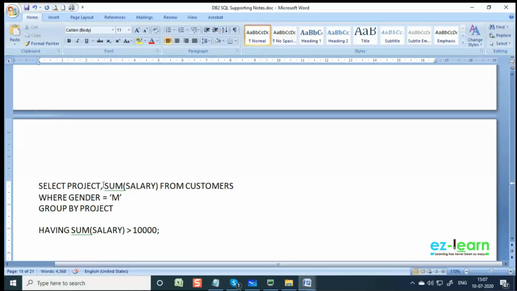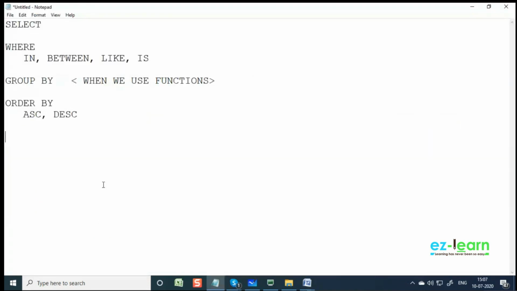Likewise, suppose the CEO is saying I want the highest paid person in every project, but the payment should be greater than 1 lakh. Then what we can do, I'll write the query now. I want the highest paid person from every project. Select, assume the highest paid is a good performer, probably they are going to give a share to that person. So maximum of salary from employee,